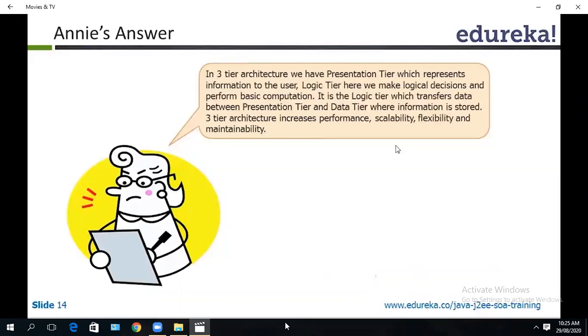In three-tier architecture, we have a presentation tier which represents information to the user, that is the front-end layer. The logic tier, here we make logical decisions and perform basic computation. It is the logic tier which transfers data between the presentation tier and the data tier where information is stored. Three-tier architecture increases performance and scalability.